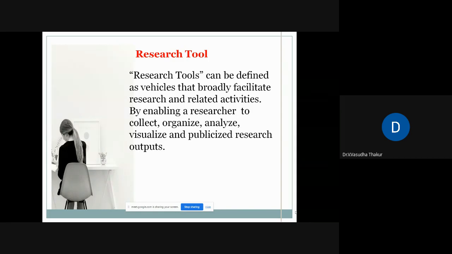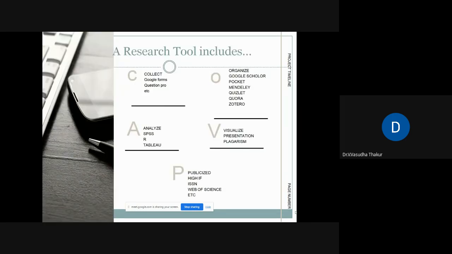Followed by publicizing the output, wherein a researcher is keen on looking for journals, papers, newsletters, textbooks, etc., where they want to publicize their research work. Okay, so here the research tool includes